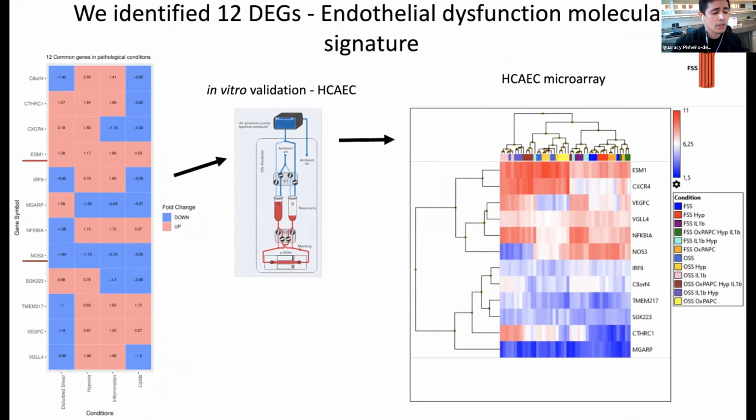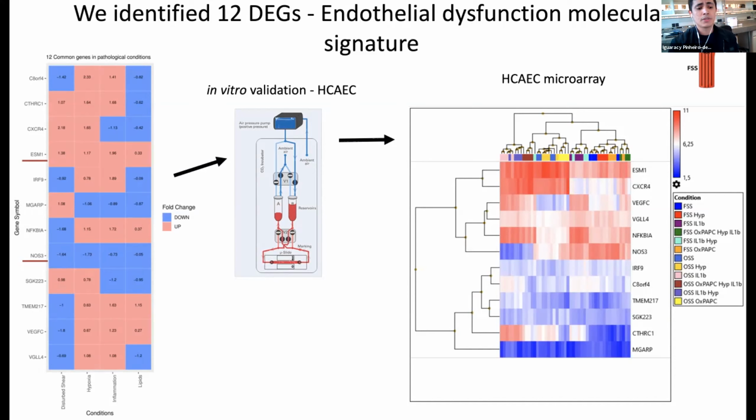But fortunately, one of those genes, NOS3 here, is a very sensitive gene for endothelial dysfunction. So every time the endothelial cells are under stress, this gene will be downregulated. And we can see here that it's downregulated in all conditions, meaning that it's kind of a positive control of our analysis. The other problem in the GEO database is that for hypoxia, inflammation, and lipids, the three other columns,